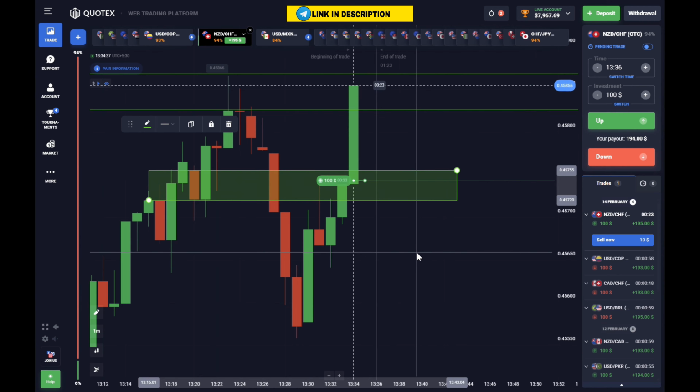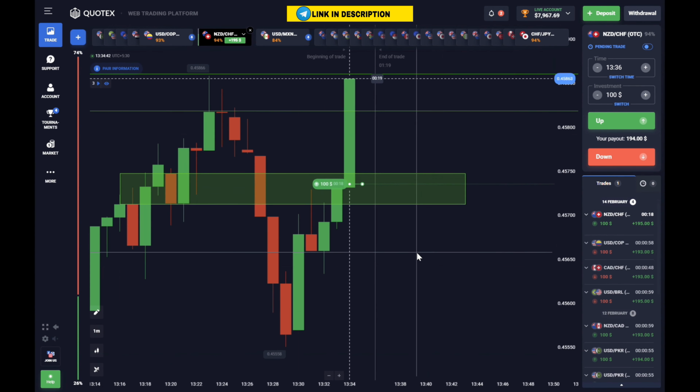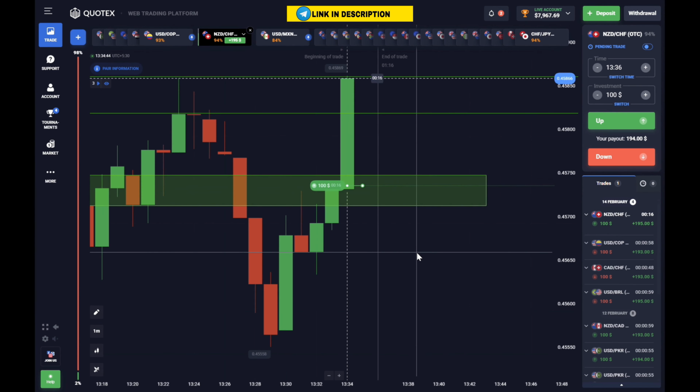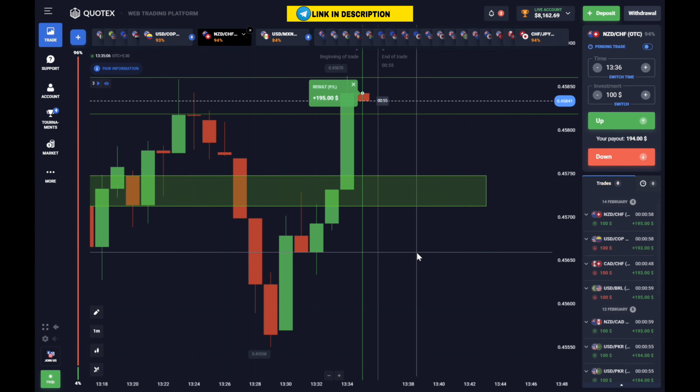And I did this because I know there is a resistance level above. At the very least, the market will try to reach the resistance level, and only after that can the market bounce back here. Here, I have taken a trade on the green candle, or you could say, I have traded on the bullish candle. I will wait a little in the direction. Here, I will hold this trade until it is in profit, and there is a very strong bullish candle formed here. Finally, my trade has also been in profit here. Okay.